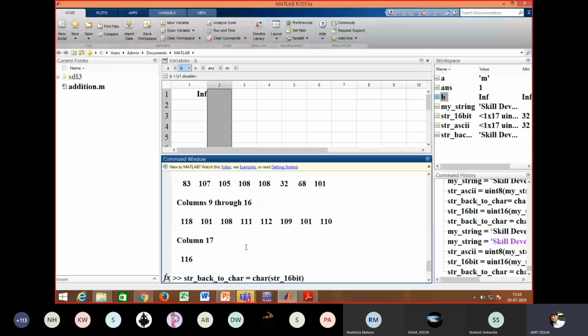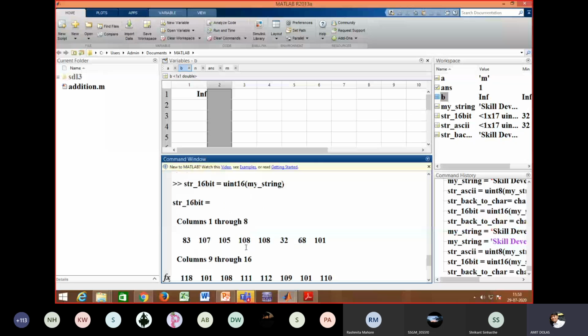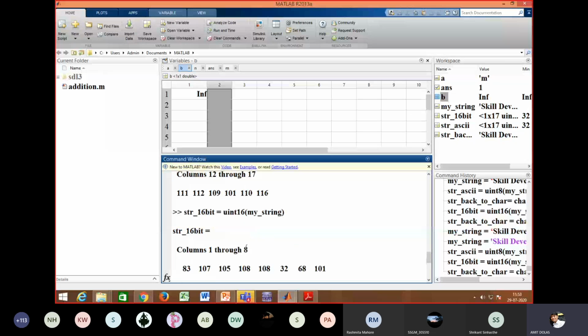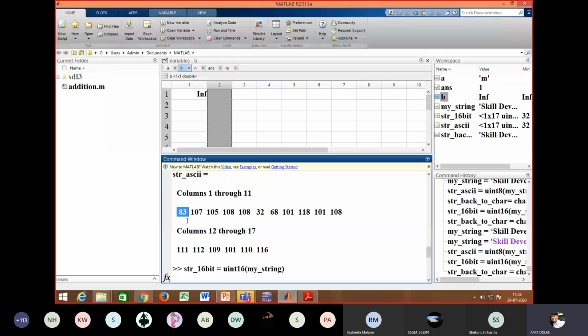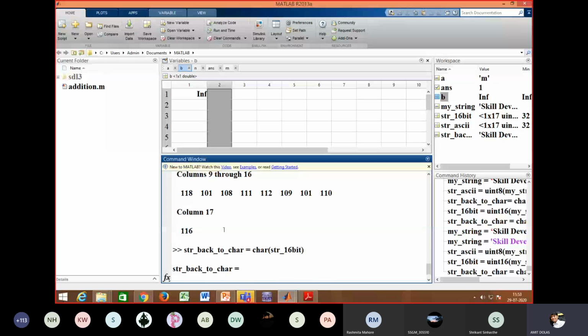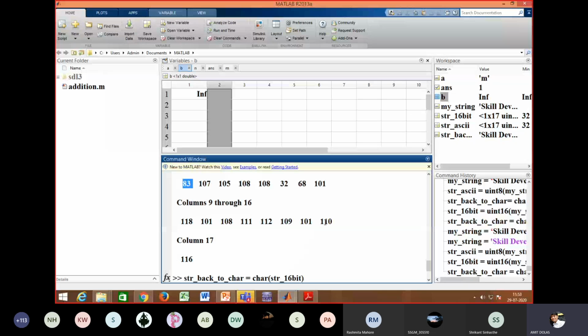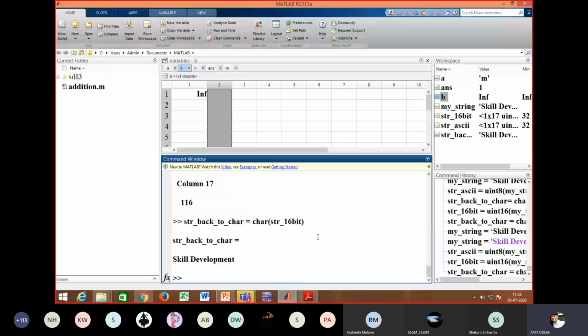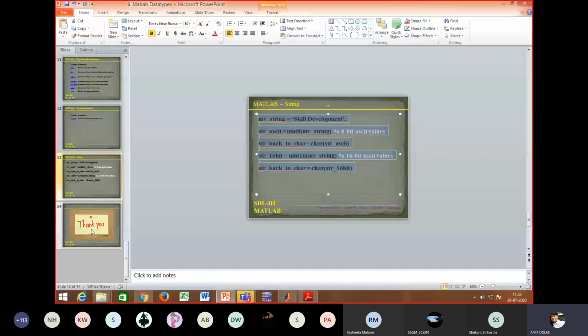So here it is converted into ASCII. You can see here the ASCII code for the capital S written in skill is 83. Then in development, the one written as T also has its ASCII code, this one is for T. So this is how I think we will stop here.